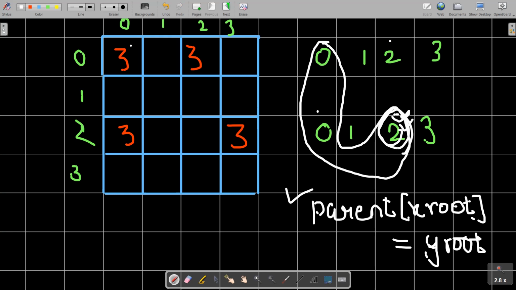So my new connected component will be extended to this one, and its parent is being represented by, okay, if I follow this mathematical relation, parent of x root, where x root is now this one, must be assigned as y root. The y root is coming out to be this one, so the entire parent is going to be denoted by this element right now. So this is the connected component right now.